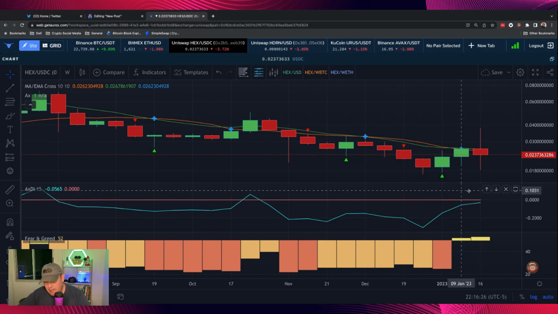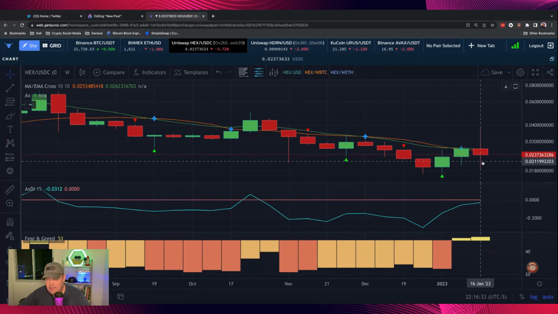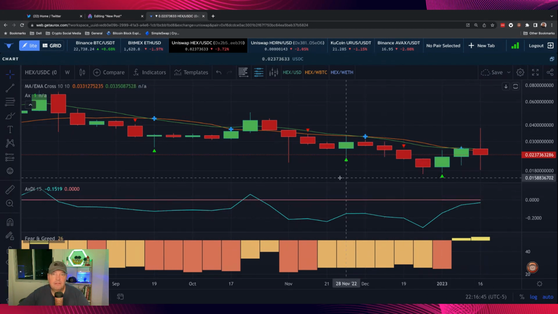So here we are on the weekly, going back 3 weeks. Hex has a green Aurox indicator. D01 with all of his dumping could not stop us. We still got the green indicator. Fear and greed's looking good, and demand index is heading back to 0. So if we cross over, that's a sign that the trend is our friend.